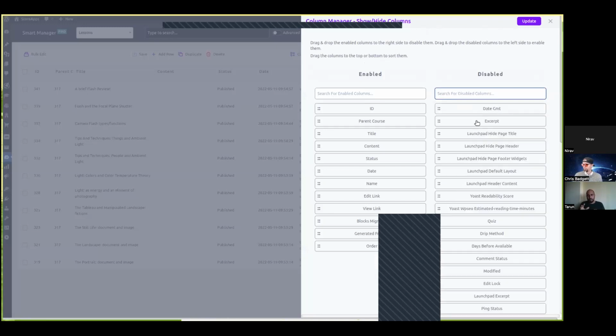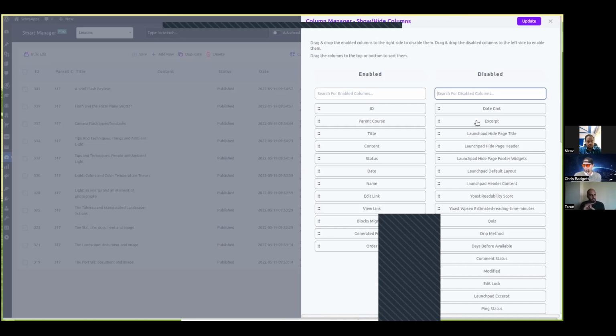So it will give me a column here, right? Suppose there is meta information of the lesson that is not available, or you are hooking in some other plugin, an add-on of LifterLMS, that is providing another field to the lesson post type, right? Now you would automatically not find that here. What Smart Manager does internally is it will try to read it from your database, right? So if the data is not there at the database level, then it will have some issues there as well.